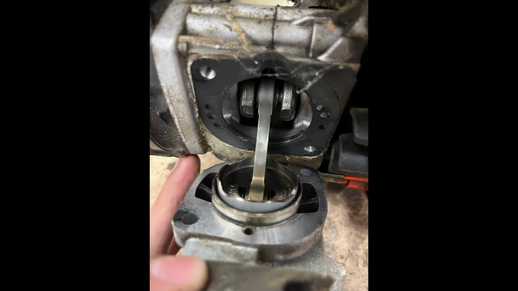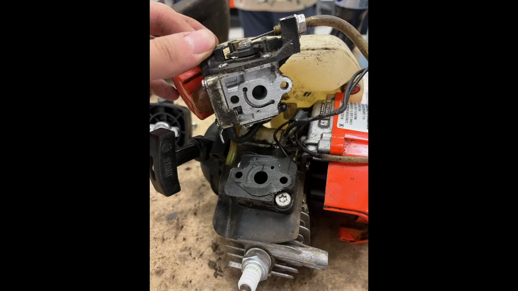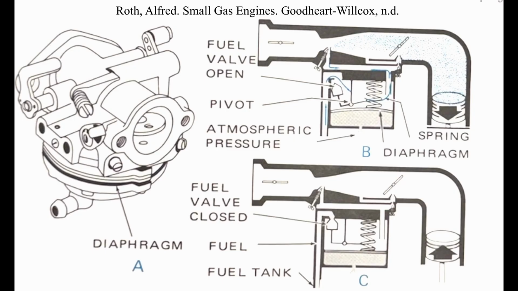This weed whacker is operated by a two-stroke engine, which needs air and fuel to operate. A carburetor takes on the job of combining air and fuel to feed into the engine and ensures a proper ratio is met. A diaphragm pump is used to send the fuel to the carburetor. The piston moving up and down creates pressure changes in the crankcase, which in turn causes fuel to be pumped